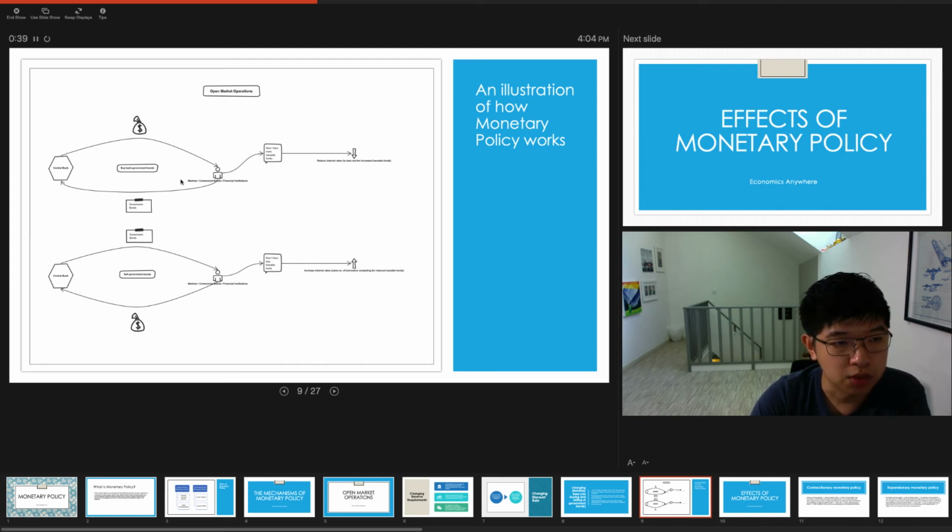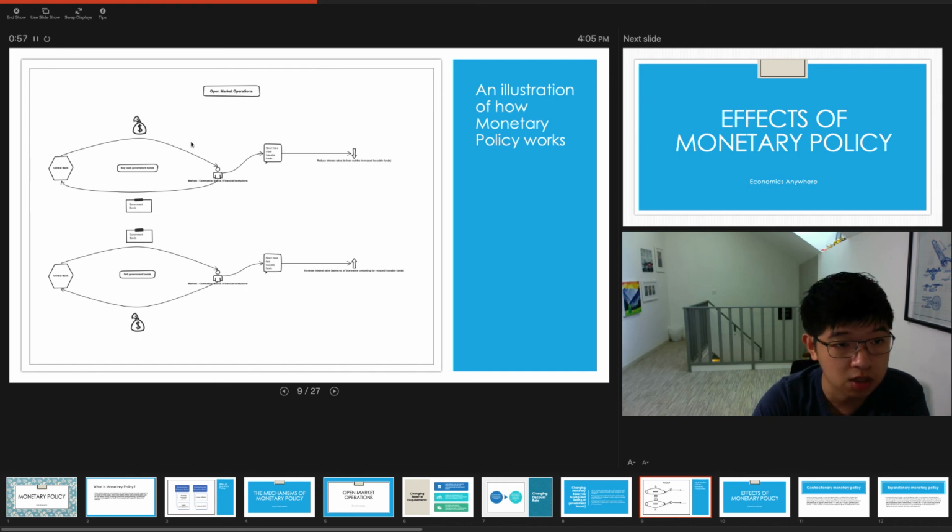What will it do? It takes this cold hard cash and gives it to the open market in return for government bonds. So it takes back government bonds from the markets. The markets, the commercial banks, the financial institutions, they provide the central bank with government bonds in return for